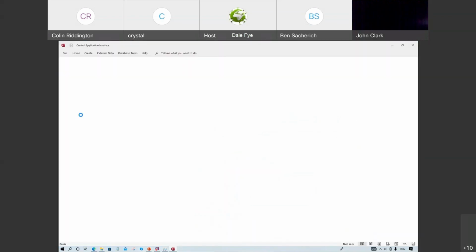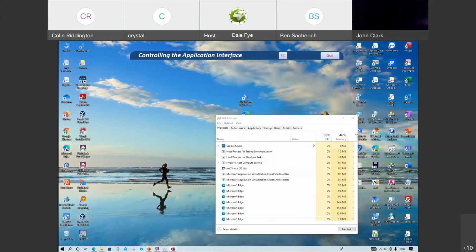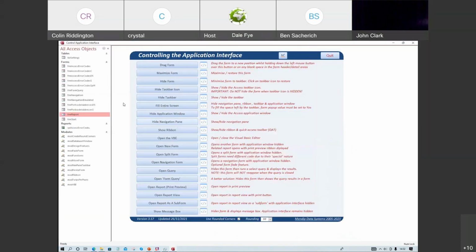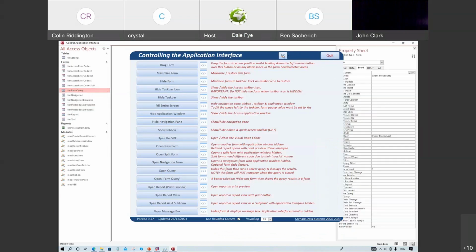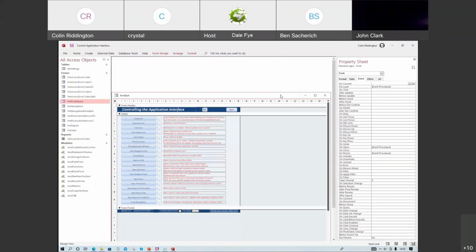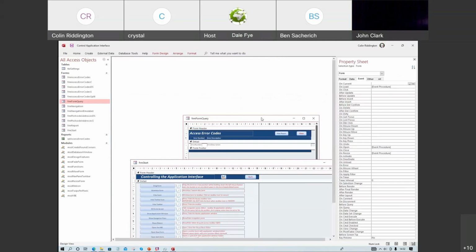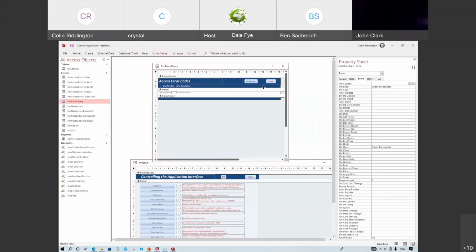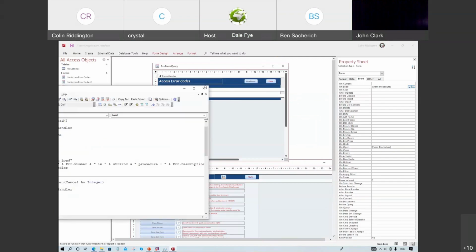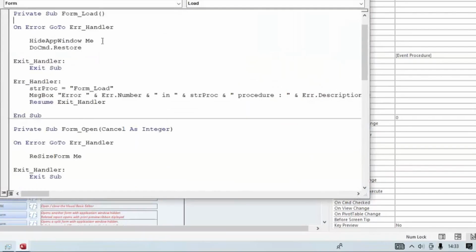Right, so how do I show you the query as a form there? Right, show the navigation pane, form query, design view. Let's put this in design view and then I can move it out of the way. Right, so all I've got, nothing special there, it's just a standard form with the query as its record source. The only thing that I've done on this is just as before, and I think I showed you this already. I'm hiding the application window. Nothing special about it at all.